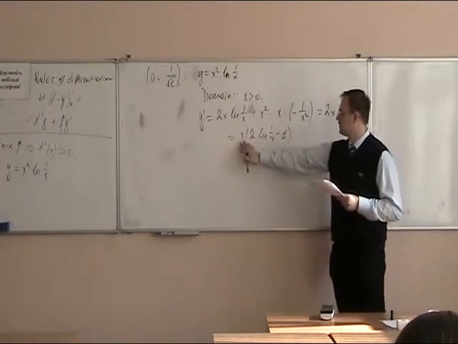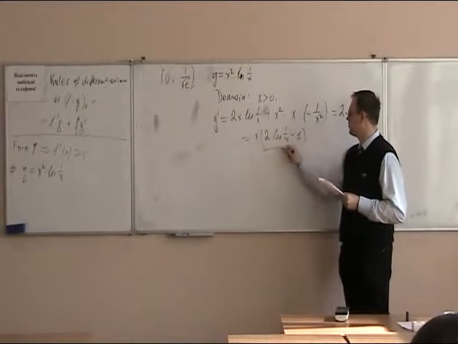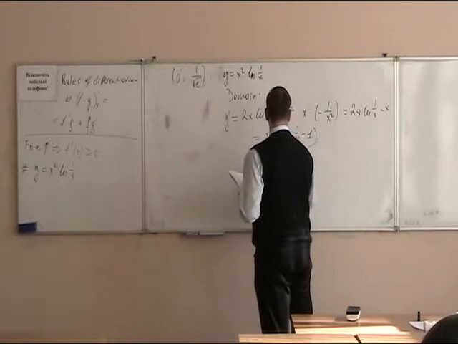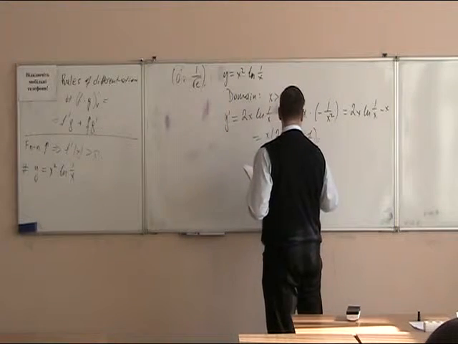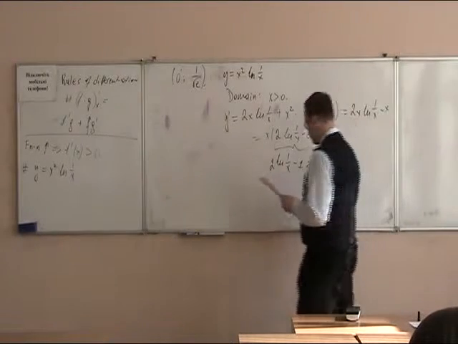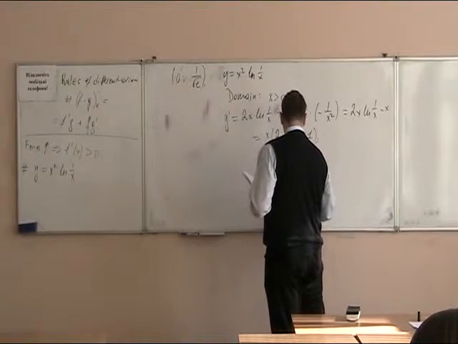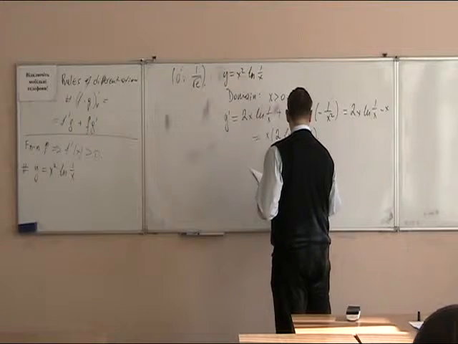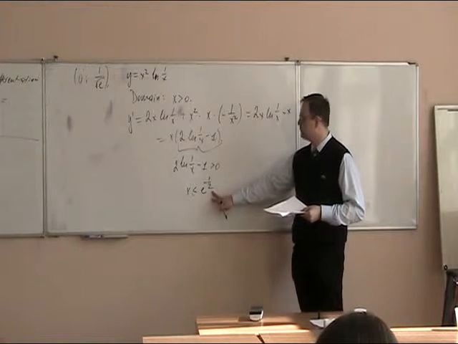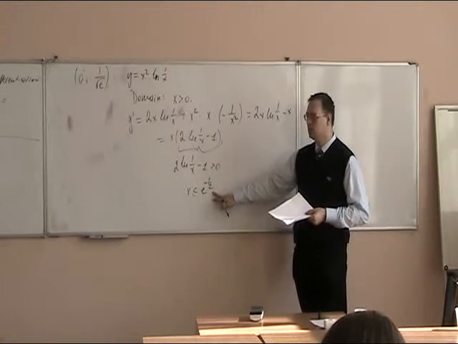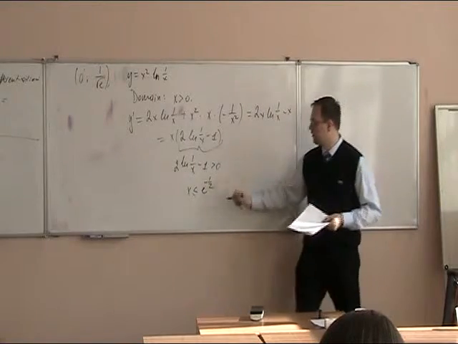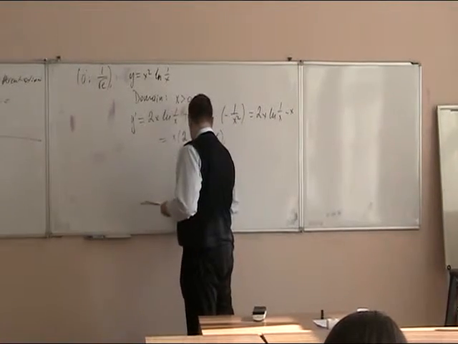We know that x is always greater than 0, so we have to explore this part only: 2 log 1 over x minus 1 is greater than 0. Out of this, it basically goes to x is less than e to the power of negative 1/2, which is 1 over square root of e. So just the simple simplification of this one. And we know that which will have